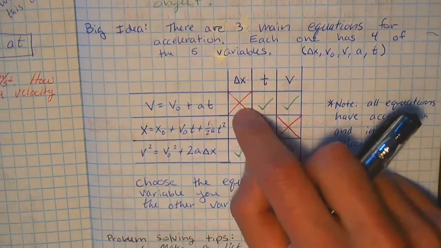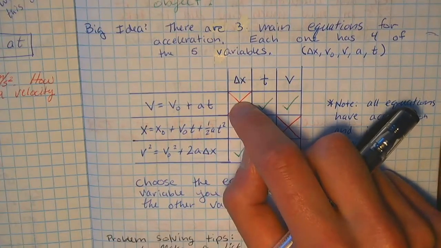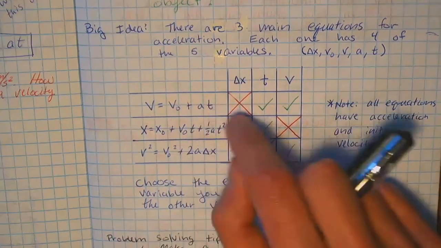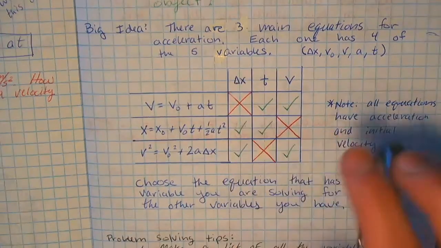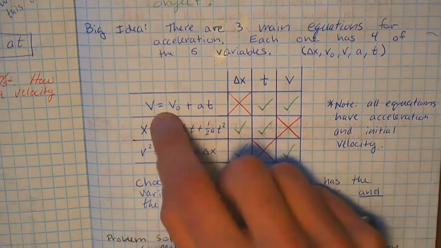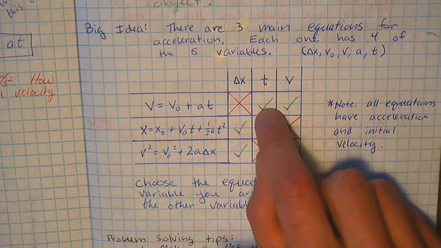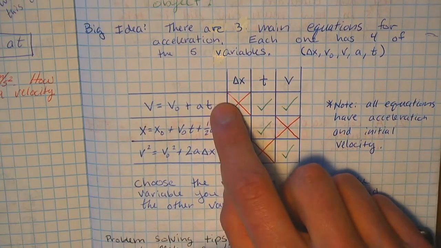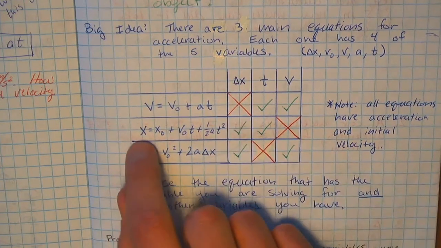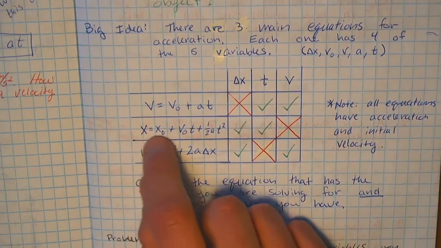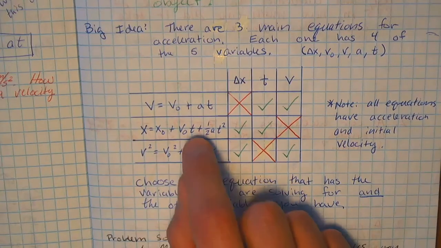Now, as we note, it does not have displacement in it. It doesn't have delta x. So if you were wanting to know how far something went or how far it is from where it started, this equation doesn't help you. But if you want to know maybe how fast something's going after a certain amount of time, this equation would be useful for that. The second equation says x is equal to x naught plus v naught t plus 1/2